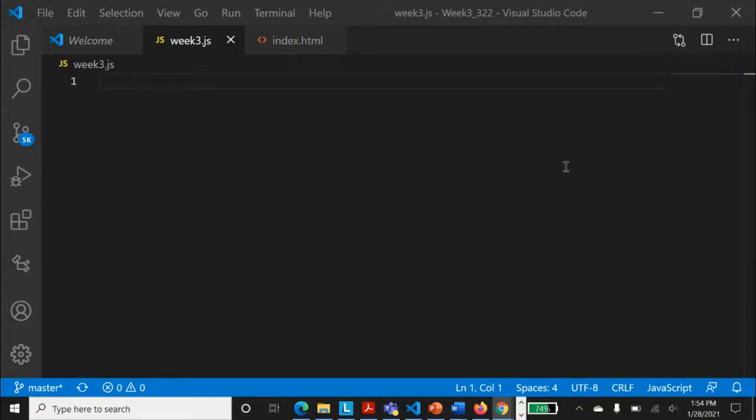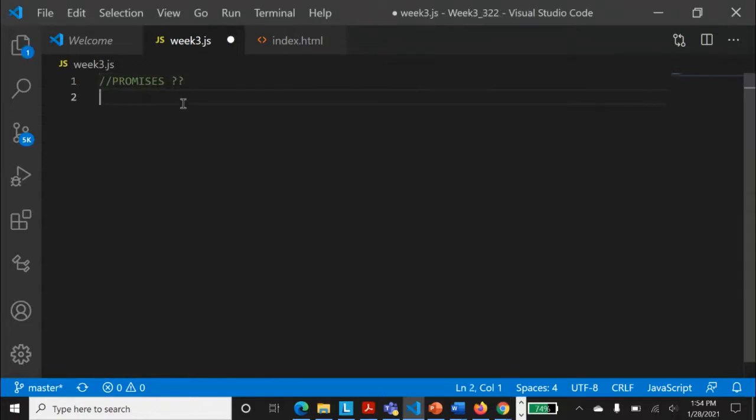Question. Saroj, let me write down that question here. Promises are what? This is the question, Saroj. I asked this question: what are promises? It expects data. That's good. You say that it expects data. Anyone else? Daniel says it's a multi-threading type of something. Rocky says no idea. Rocky, that's a very good answer. Naseem says I don't know, IDK. Daniel says not sure. So anyhow, let's discuss promises.